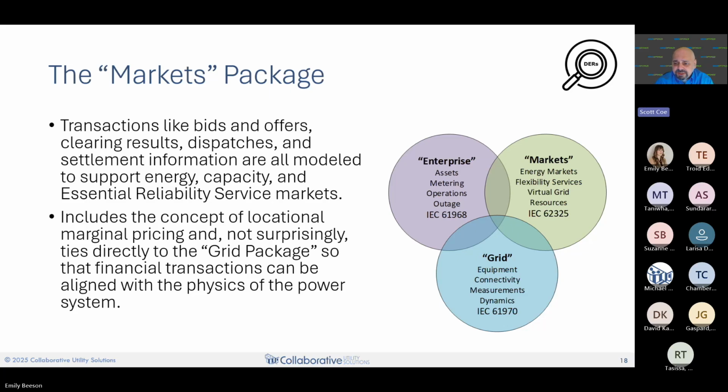So anything where you're doing dispatch decisions based on lowest cost, whether that's an open market design, as many of us would prefer, or in a closed market design. The markets package allows you to model the data like dispatch events, and then if there's compensation that's outside of the utility for those operations, how to track performance and actually pay or collect revenue from folks.